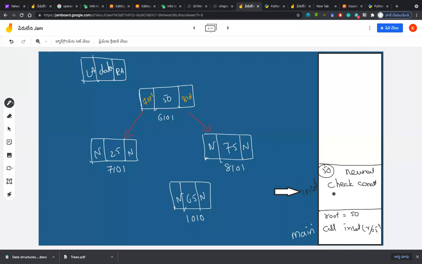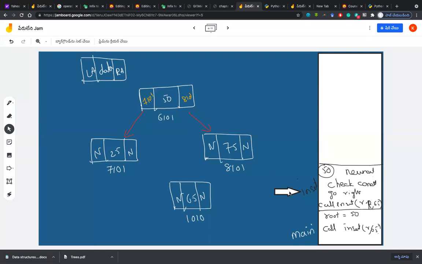So I will say something. Until now we are saying that place right or place left. Now I will say go right. Go right in the sense, I will call insert of root.left comma the value 65, because the 65 I am receiving, still I am not placing. I have to go right. So for that again I am calling myself, insert of root.right comma 65.